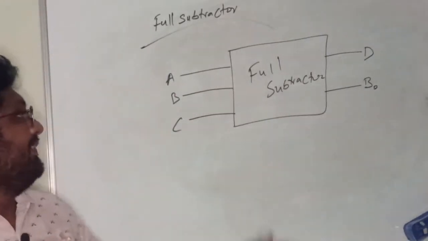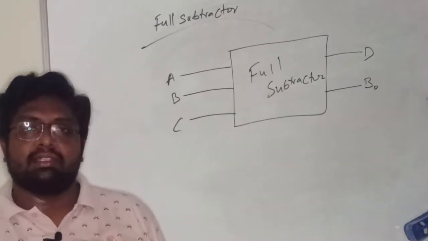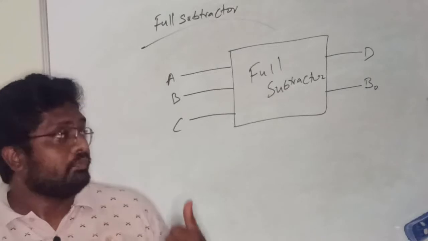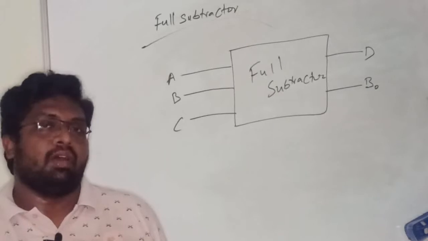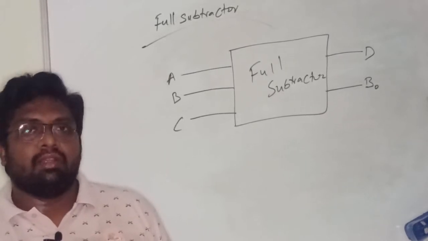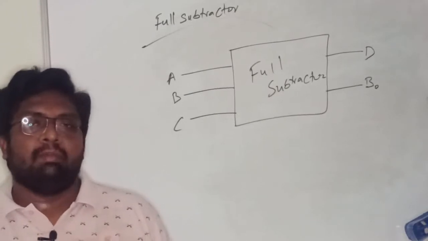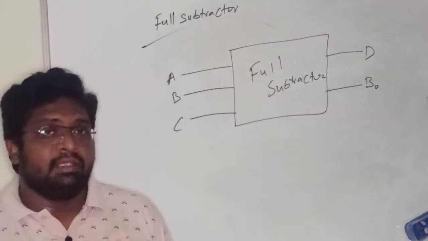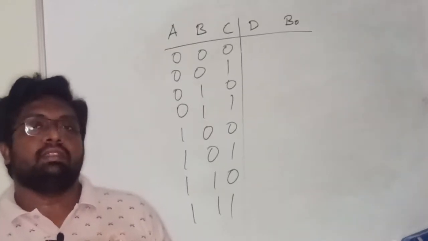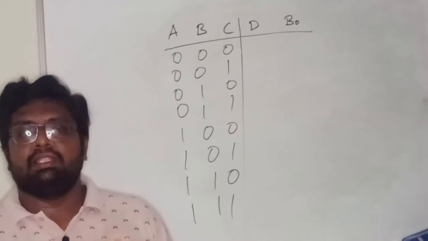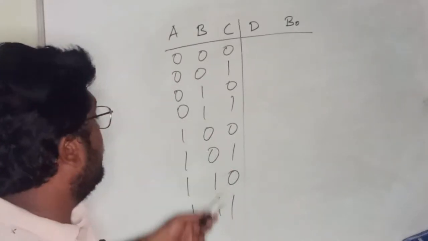So this is the first step from the problem, the design process for a combinational logical circuit, as we have discussed in our previous classes. The design process involves, from the word problem, representing the block diagram, then moving to the truth table, and from truth table to the K-map, and from K-map to the implementation using the logic gates. The full subtractor is having 3 inputs, so we will be having 8 possibilities. The 8 possibilities will be like this.